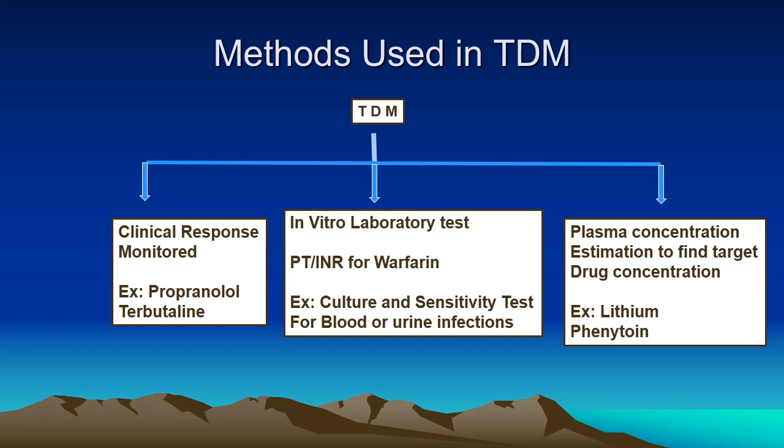the response. There can be in vitro laboratory tests which are commonly done for dose adjustments in warfarin, that is prothrombin time, INR ratio, and for bacterial infection, culture sensitivity tests can be done. Quantitative tests are also available to find out the dose response relationship of an antibiotic. Plasma concentration estimation to find the target drug concentration is commonly done for certain drugs, and some examples are, more examples come later on. Some examples are lithium and